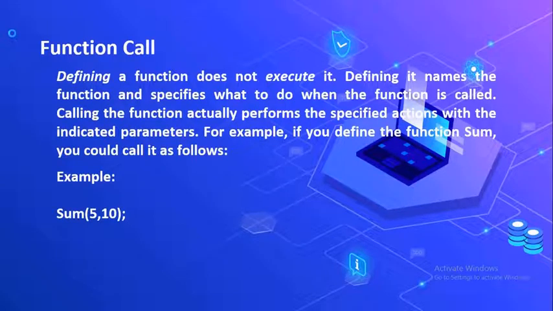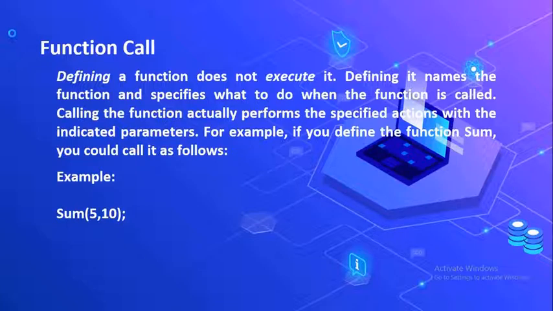Function call. Defining a function does not execute it. Defining it names the function and specifies what to do when the function is called. Calling the function actually performs the specified action with the indicated parameters. For example, if you define the function sum, you could call it as follows. Example: sum(5, 10);